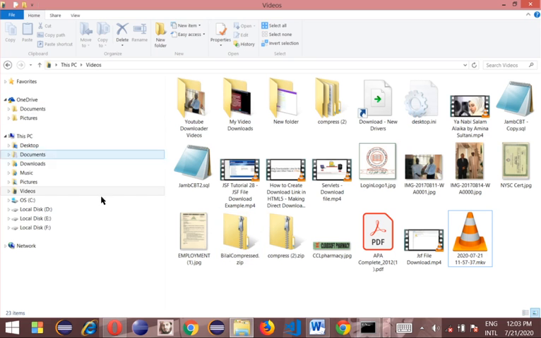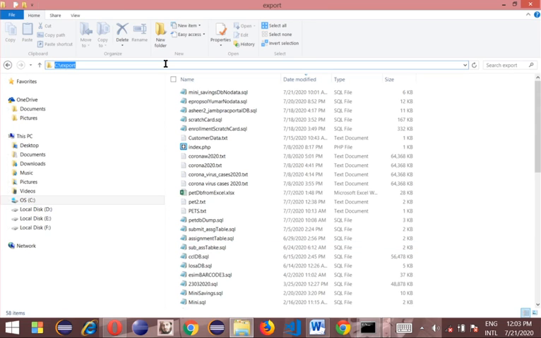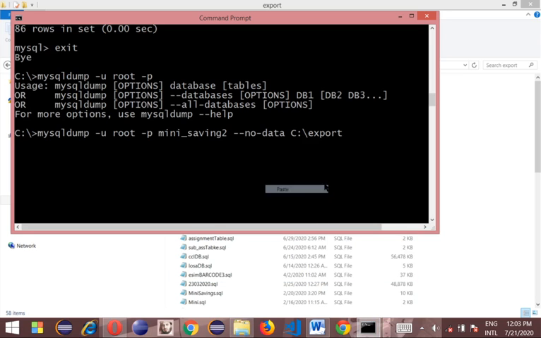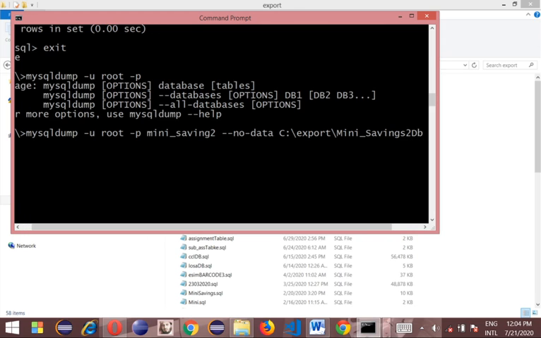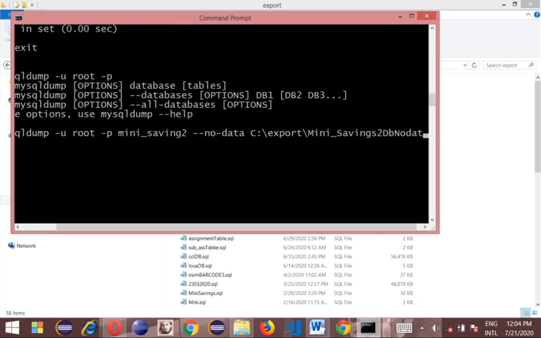Let me create a path here. Maybe inside C, I have somewhere a folder called export, and then I'll copy this and I'll paste it. So backslash. So then now let's say mini sevens 2 db no data.